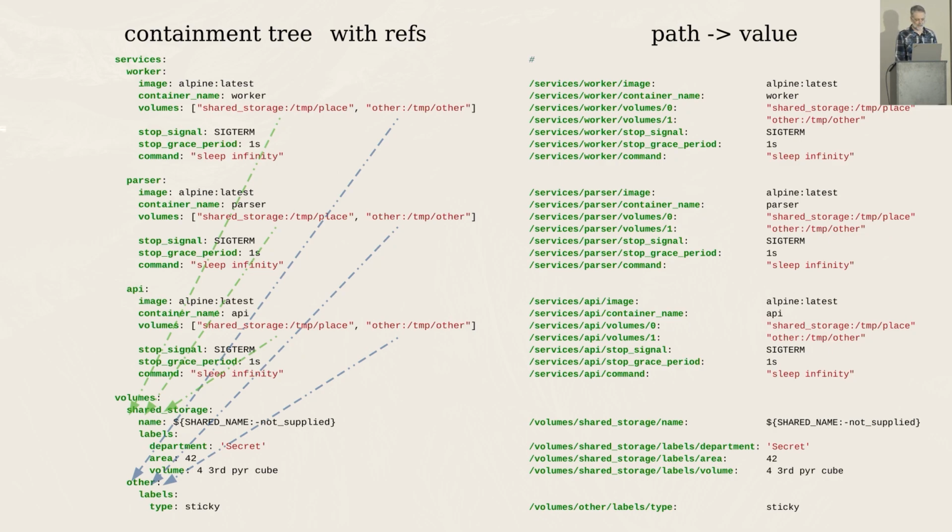Okay, that's nice. There might be other cases. For example, if you wanted to find all of the values of the container name over here. In the native structure, you'd have to traverse the tree to find all the container names. To traverse a tree, you need a stack so that you can backtrack when you don't find it. And that thing's called a push-down automaton, which is generally regarded as one step up of complexity from the finite automaton.